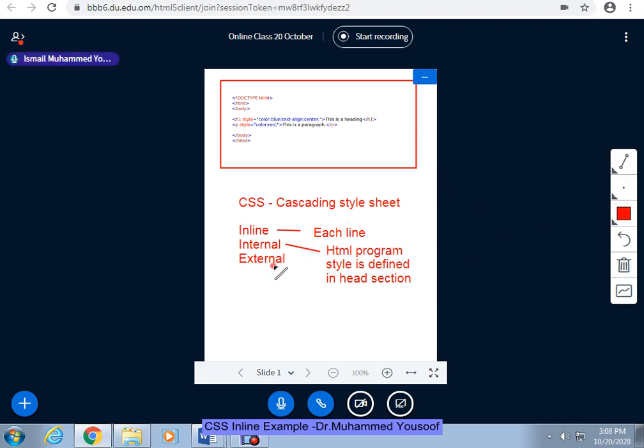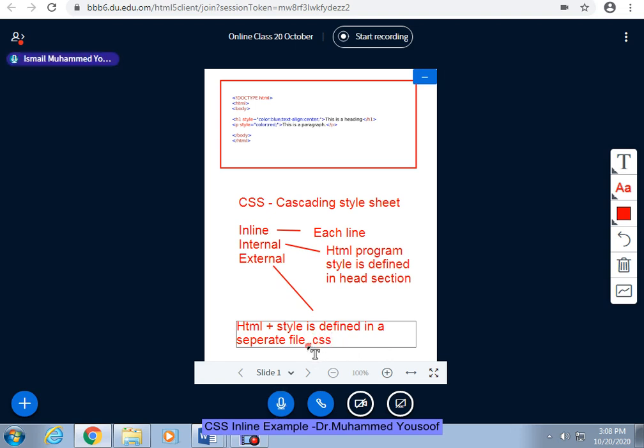The next one is called external. Let me write it down for you to understand what external CSS is. Here the HTML file is written, plus the style which we want to declare is defined separately, in a separate file with extension .css.